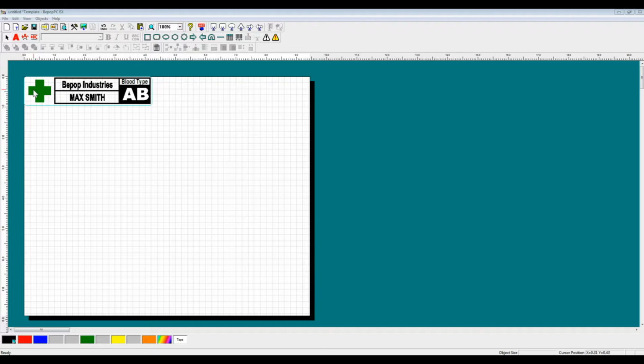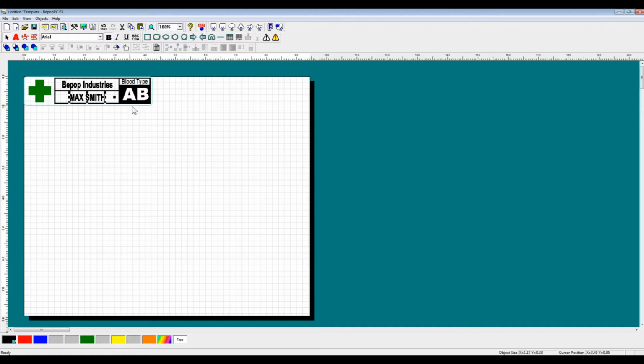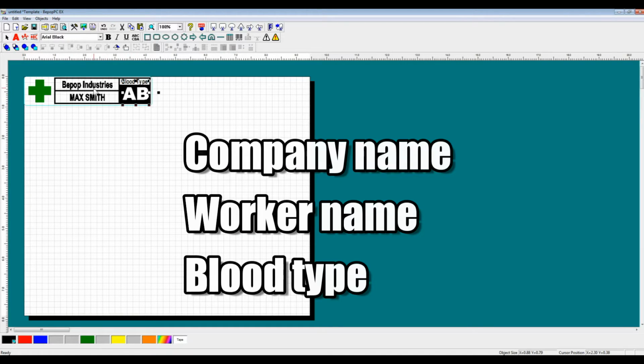Here we go. We've got this helmet label. This helmet label is a label that is very common in factories to distinguish the person's name and their blood type, as well as the company that they are representing. Right now,